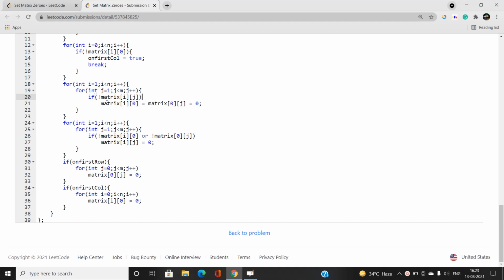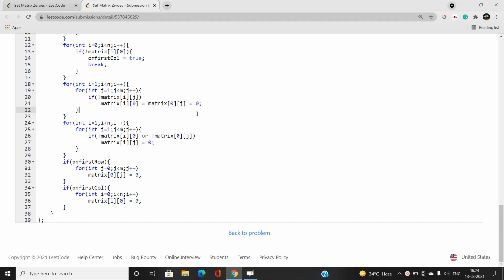You can see that matrix of i 0 and matrix of 0 j become 0 when there is a cell with value 0. The very first row and the very first column are used as a visiting vector.